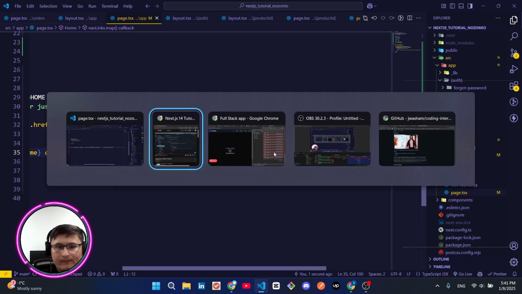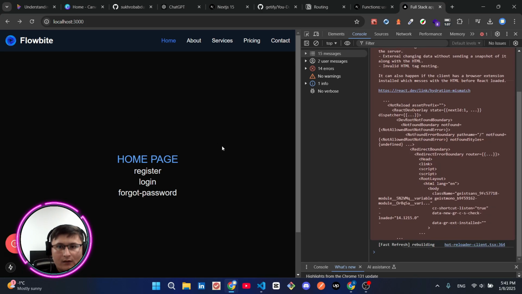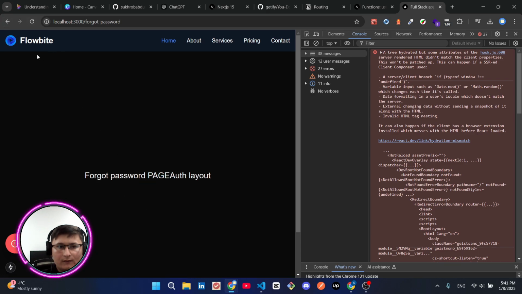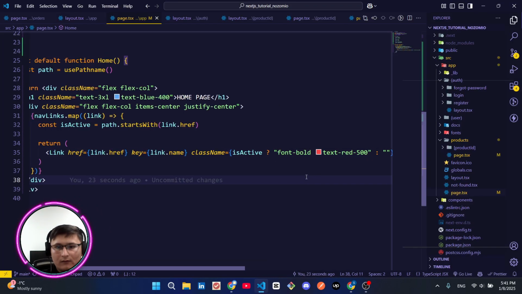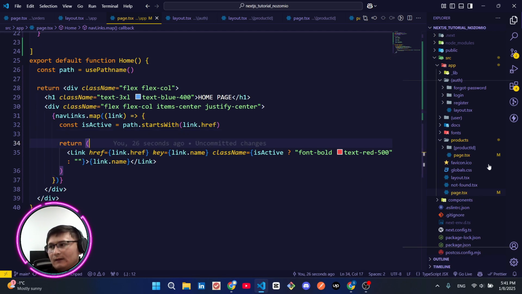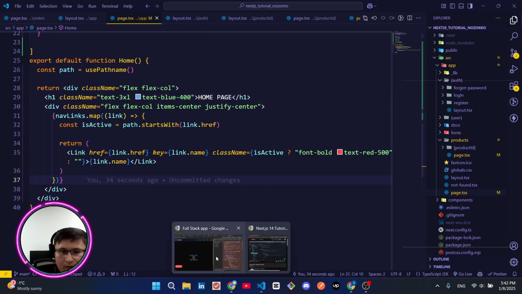Okay, if I'm gonna refresh the page, don't worry about this error, it's just a little small error. If I go to register page, game page, forgot password, oh, not working. We need to say that, right? For example, we can see